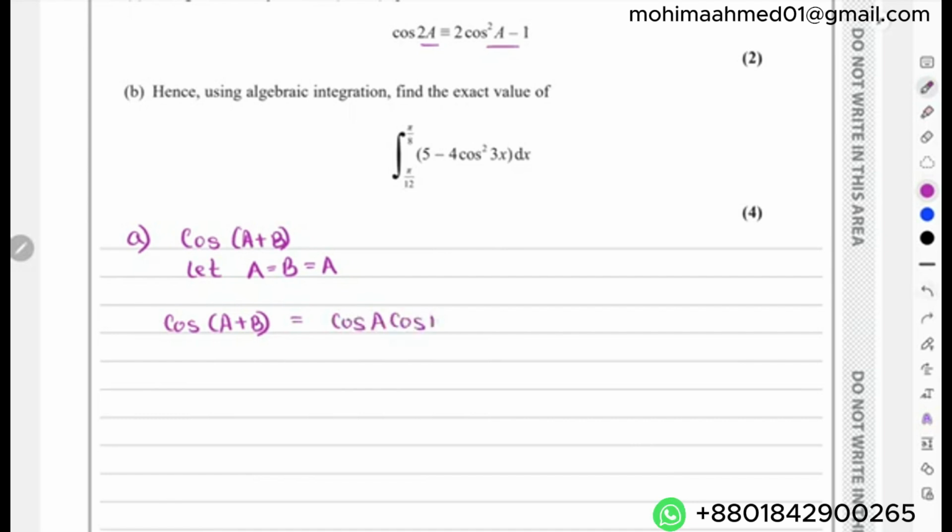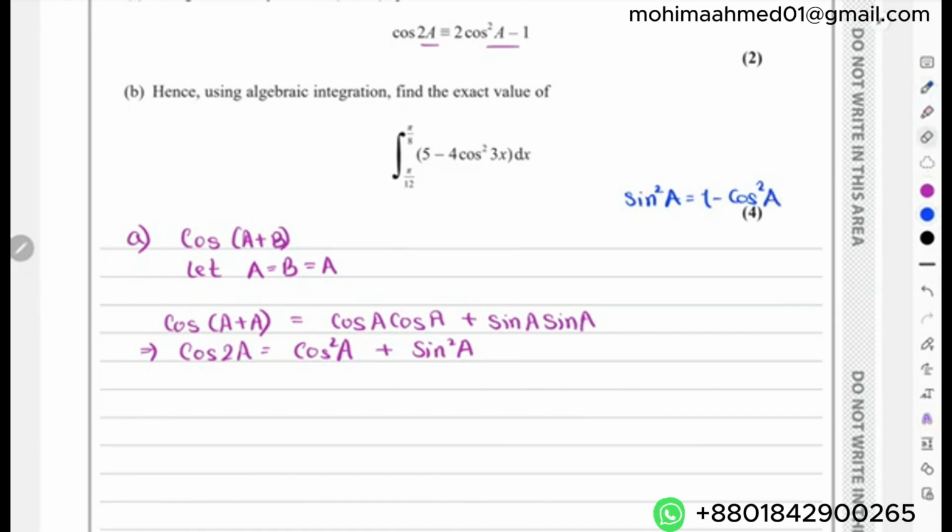So again cos a, because both angles are a. Sorry, then there has to be a change. This is going to be sin a, sin a. Now obviously a plus a gives you cos 2a, so it's cos 2a, cos a, anything similar multiplied twice becomes a square. So you have cos square a, and then over here you get sine square a, but instead of writing sine square a, we are just going to use the equation sine square a is equal to 1 minus cos square a. Right, so instead of writing this, I'll directly input 1 minus,